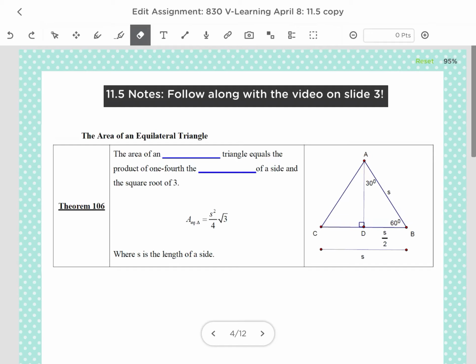Section 11.5. We're going to work with finding the area of regular polygons. Today we're going to specifically focus on triangles and quadrilaterals that are regular figures. So the first thing we're going to do is start with triangles. So the area of an equilateral triangle